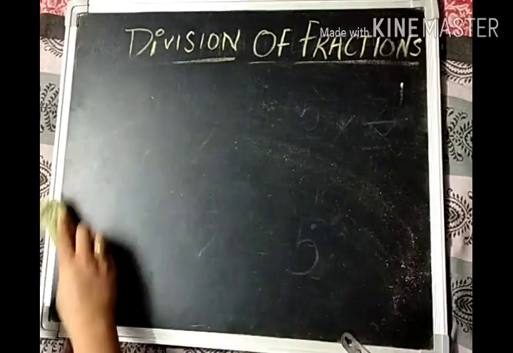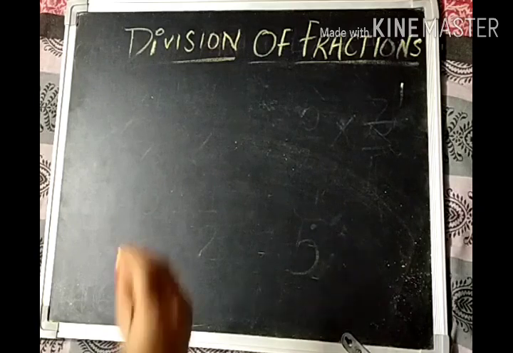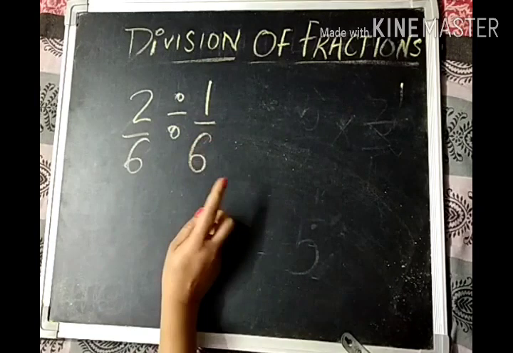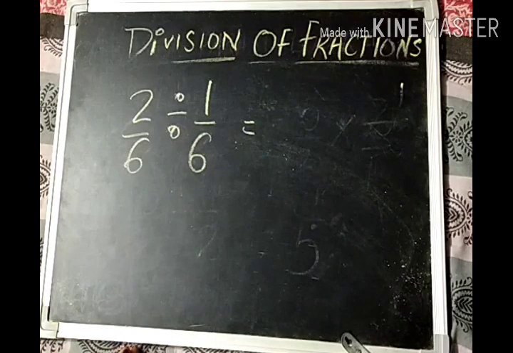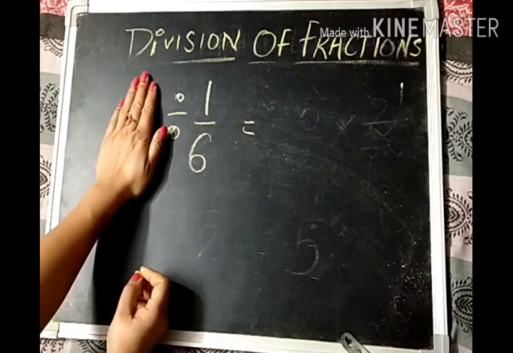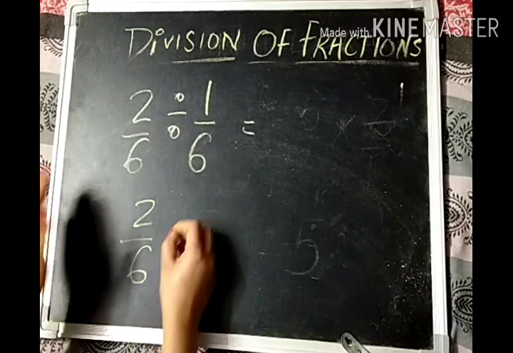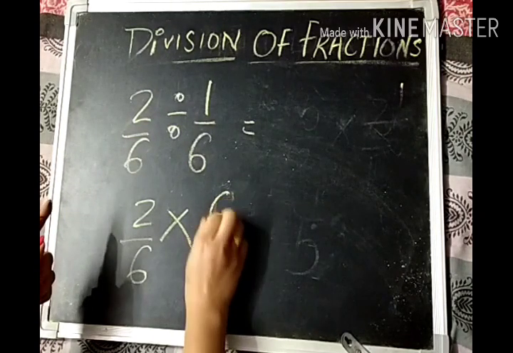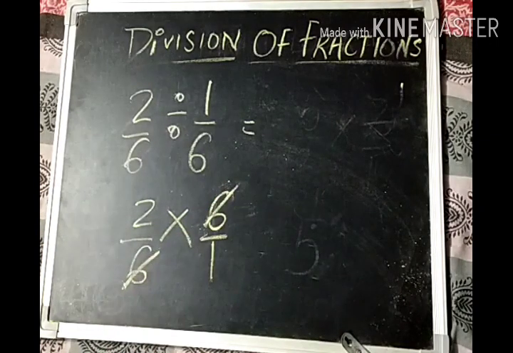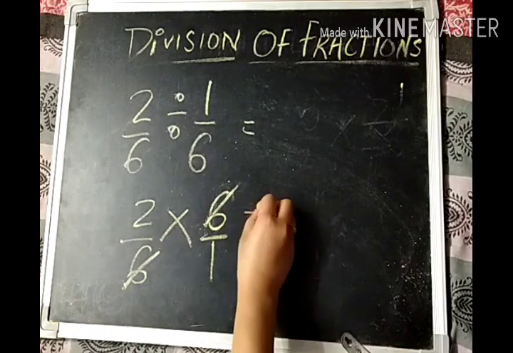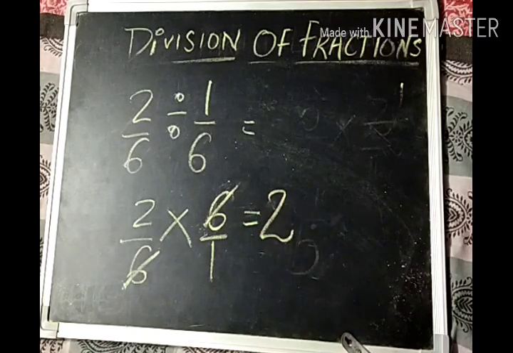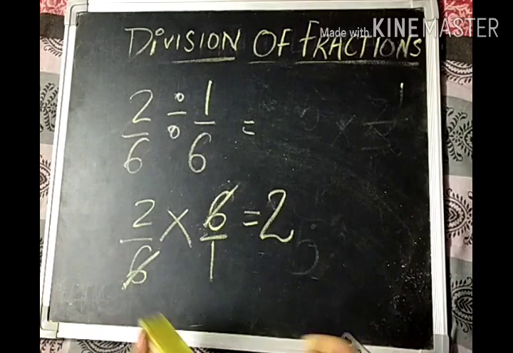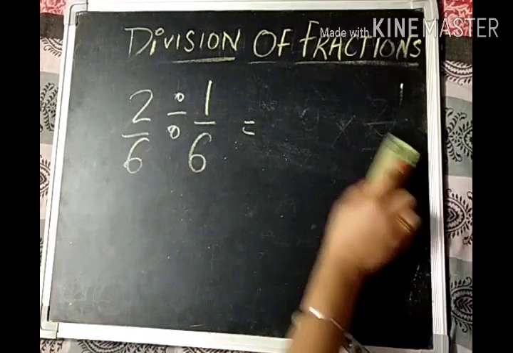Okay. 2/6 we have discussed. If we take out 1/6, how many sixths will we get? 2 pieces of 1/6 piece size. Again, we'll not change this number. This will be kept as it is. We'll write a multiplication sign over here. This will be 6 on 1. We'll reduce the same numbers. We'll cancel them out. And this will be 2. Okay. So this is just a mechanical way of solving it. I have told you both. You can use either of the 2.